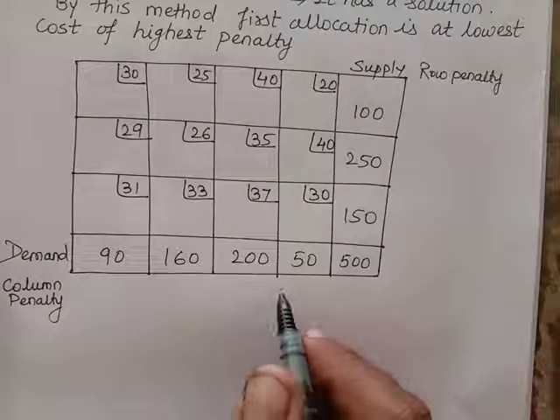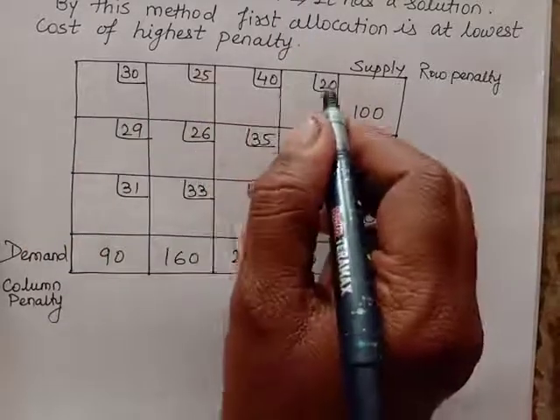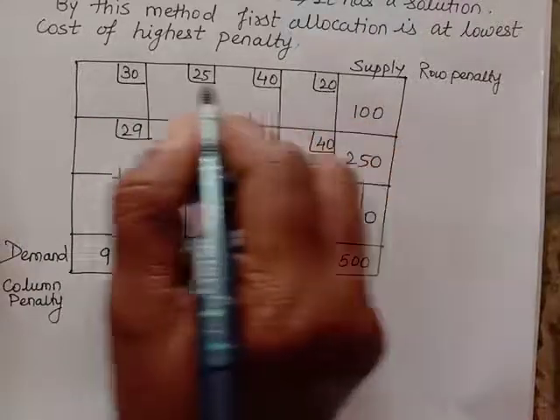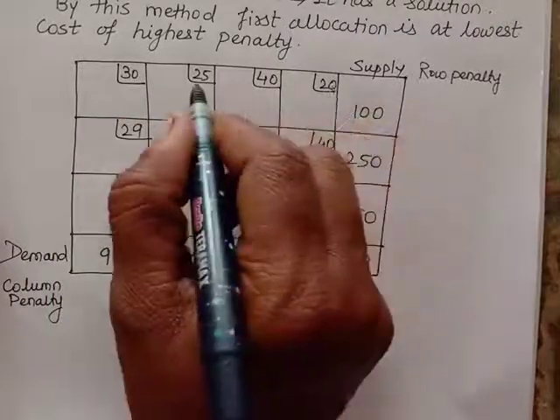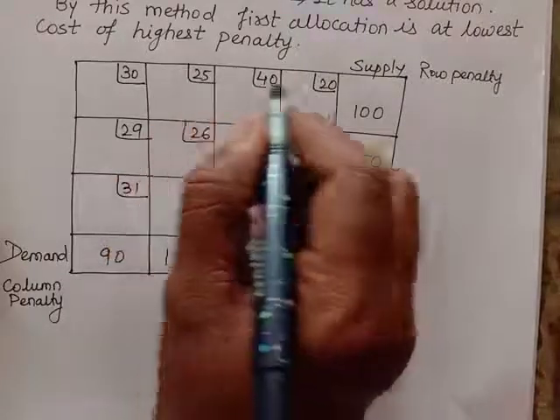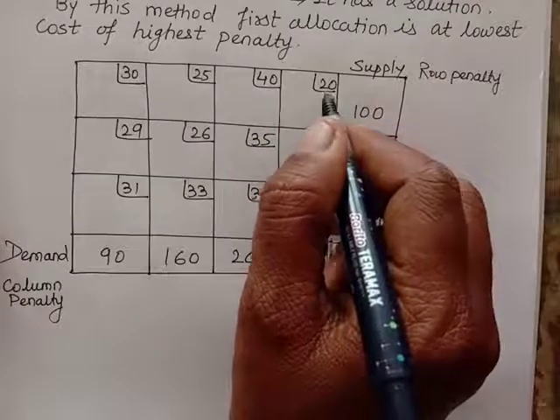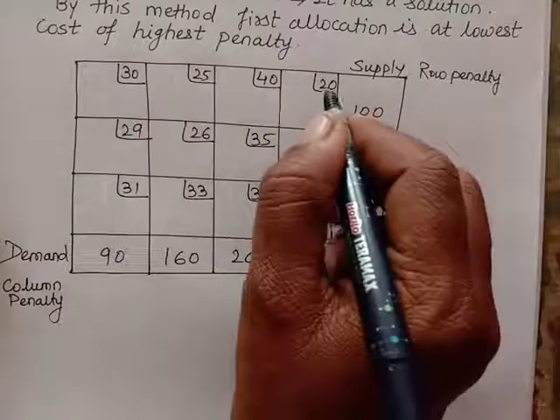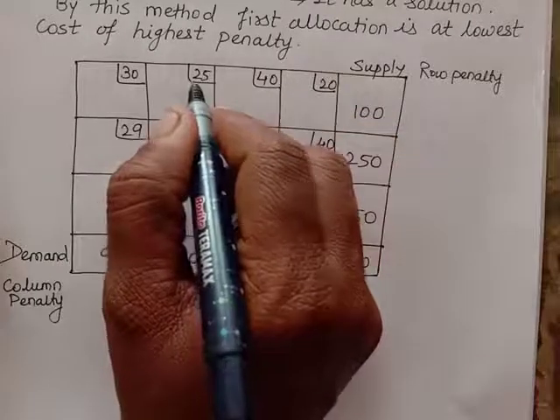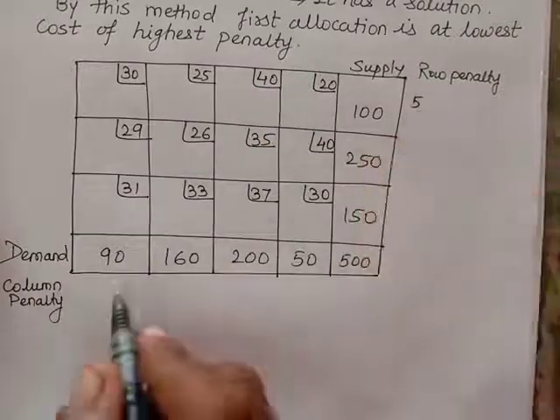We have to see the least cost of that row. What are the least costs? Here the 4 costs are given to us. Out of these, which are least? 20 and 25 are the least. You have to arrange them in ascending order, so we look at the first 2 of them. So 20 and 25 are the least. The difference between 20 and 25 is what? 5. That is our row penalty.